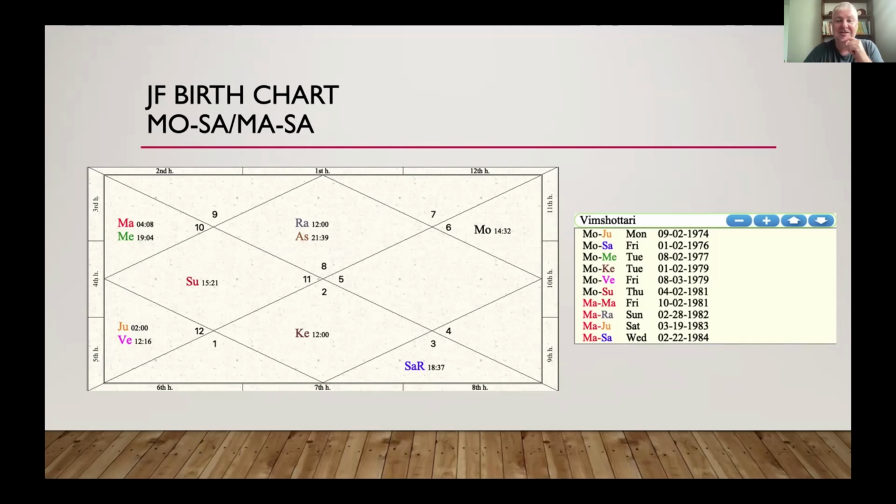The second thing that I know is that in 1984, Mars is now at the forefront, and there's a bigger impact. Mars is in the rashi of Saturn, and there's that virtual exchange that makes it more powerful. So in 1984, I was 9 years old, and my brother, 13 years older than me, was 22. He had a new car, and I went with him in the car, and we had a car accident. Bad enough that the car was completely destroyed, and we both were fine.